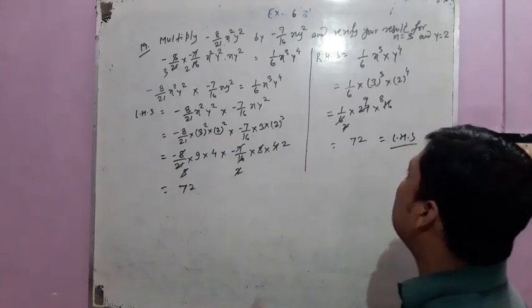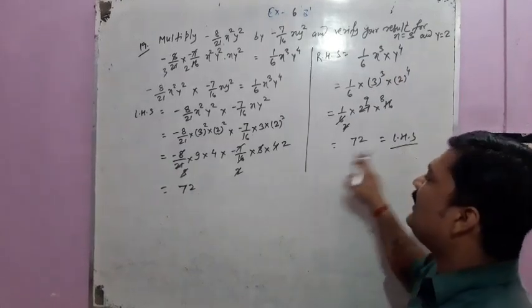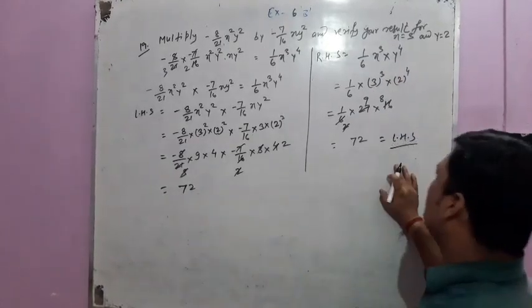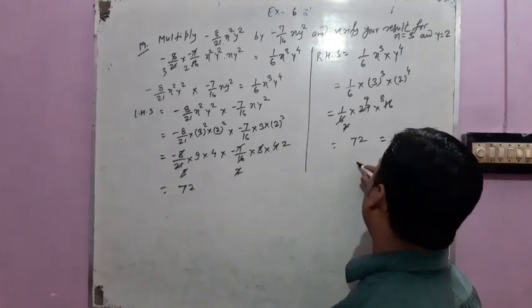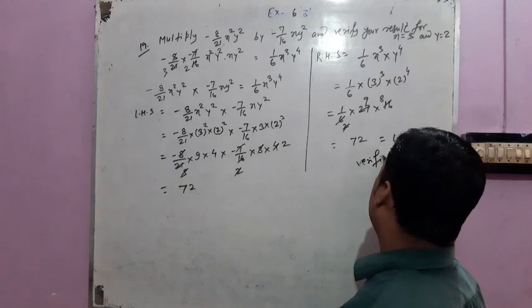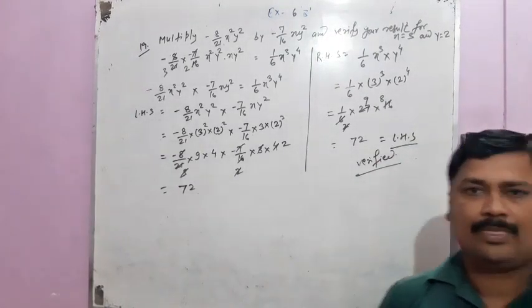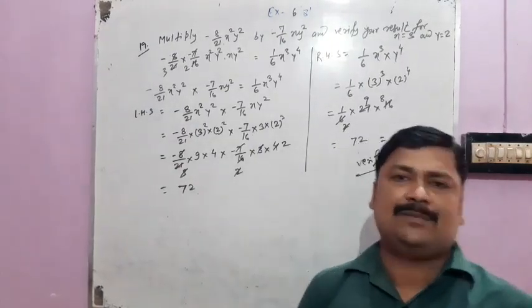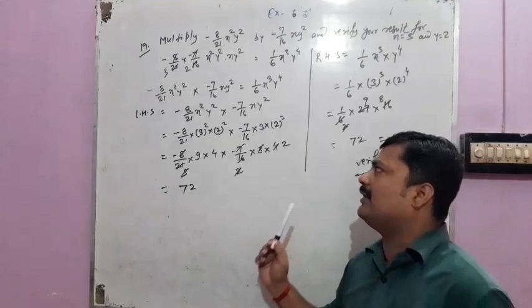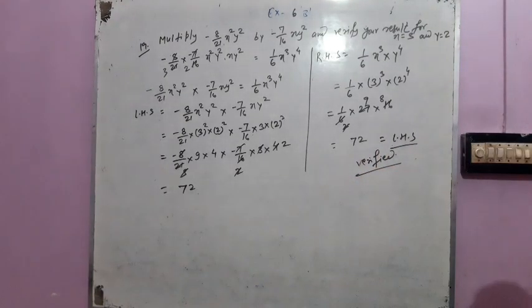So students, if our product were wrong here, then we would not get the same value as the LHS. Okay. So when we solve the RHS and get a value equal to the LHS, that means the question is verified. Okay student, in this way you have to solve the question. Okay. Now questions number 20 and 21 both are the same. So we are going to solve question number 21 here. But before that we have to clean the board. So I am going to clean it.